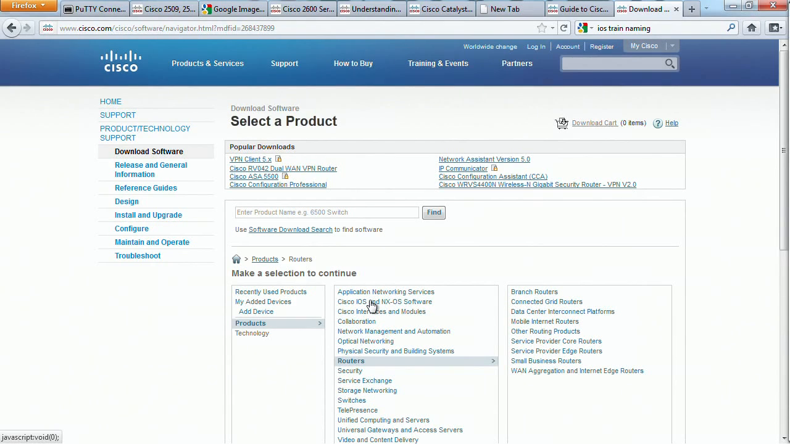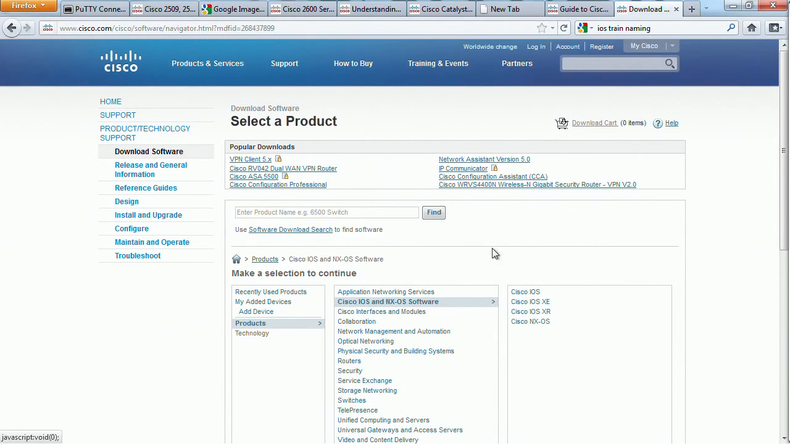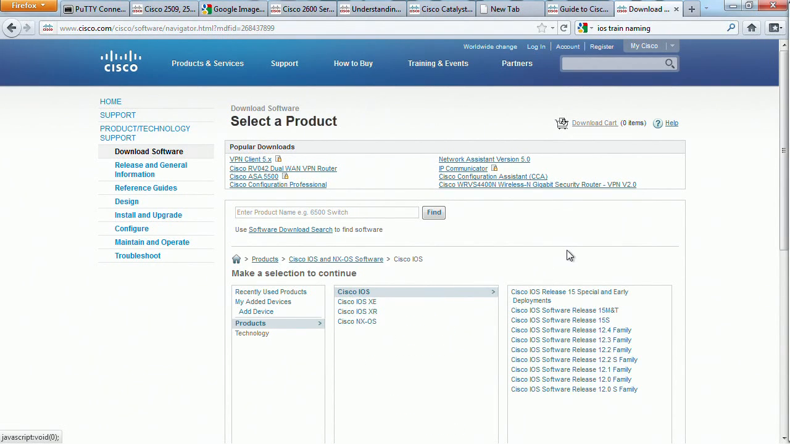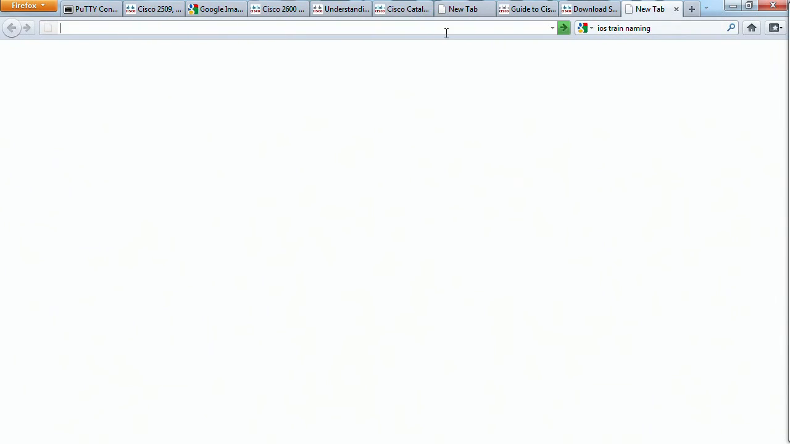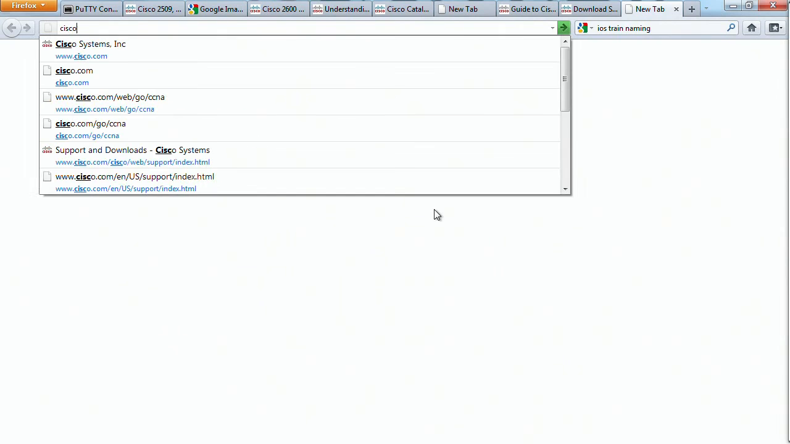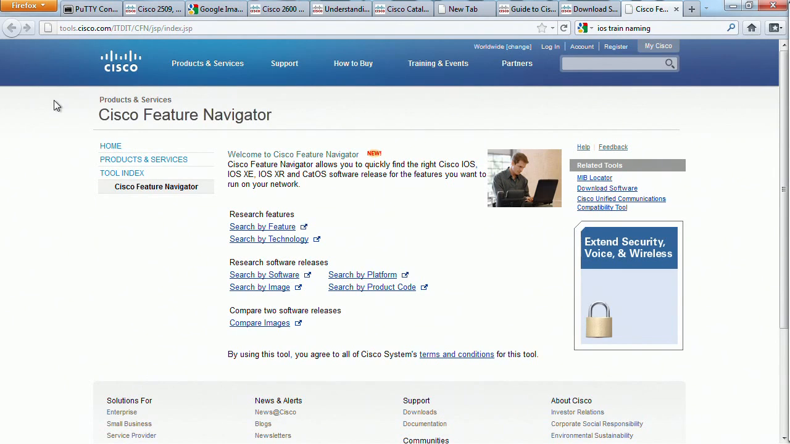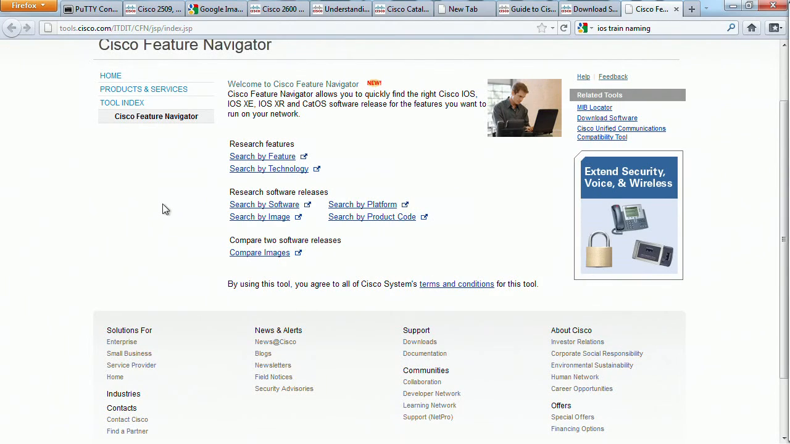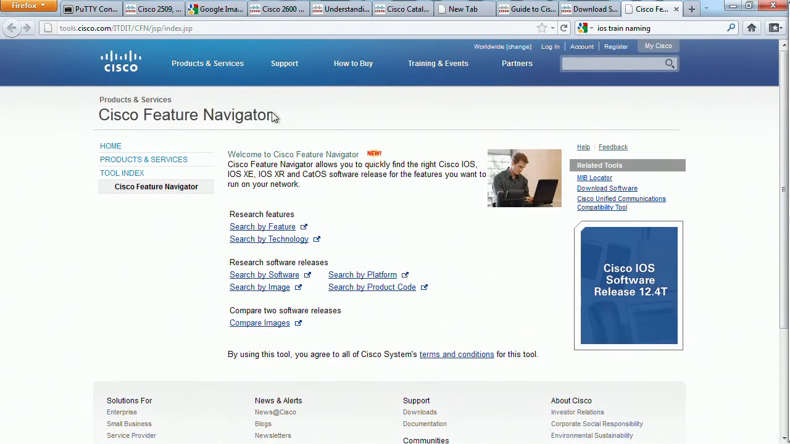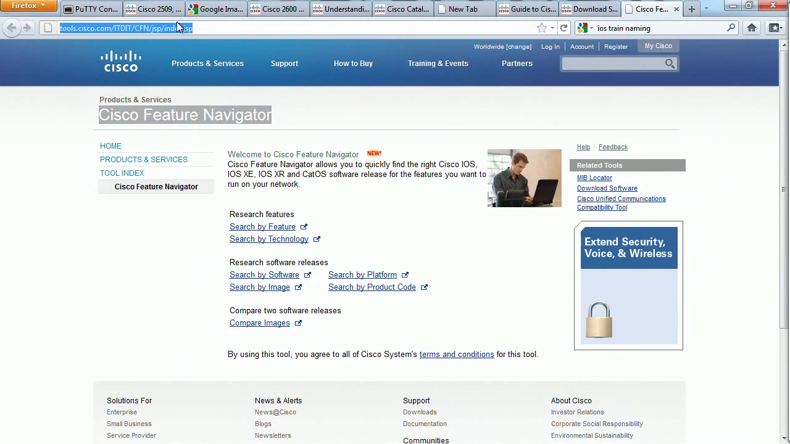Actually, no, it's not going to be under this. Let's go to cisco.com/go/fn. Okay, it would be under that other site, but I would have to have a login that has a service contract, and I don't have that one with me right now. You can say search by image. This is called the feature navigator, which the URL for this is